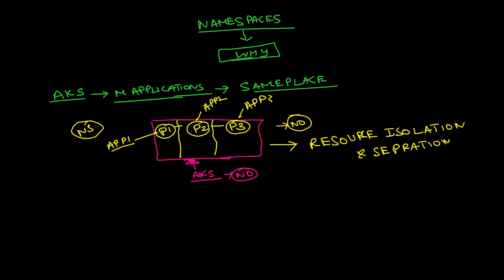Okay, so after implementing the namespace, whatever pod we have deployed inside namespace 1 for our application 1 is separate from application 2 and application 3, and the same thing applies for application 2 and application 3. The second benefit is access